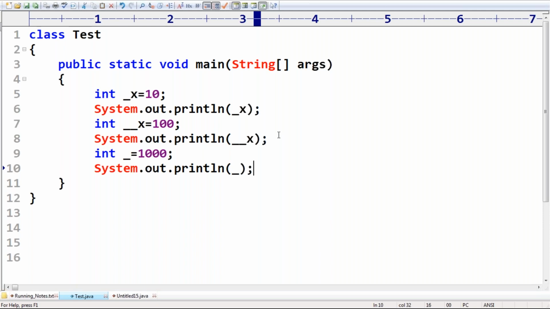Just please confirm, is it valid or not? That's about my requirement.